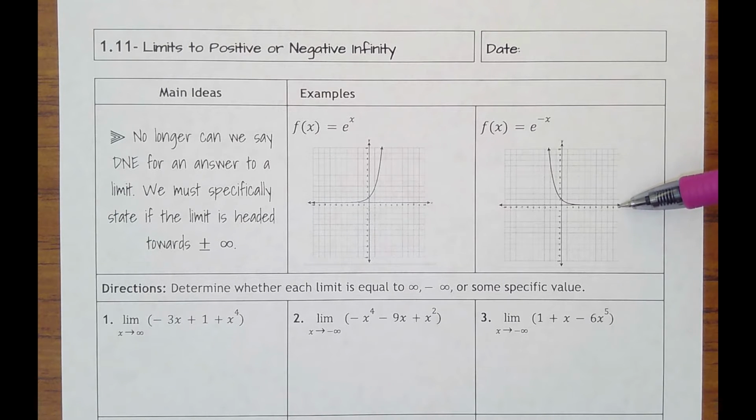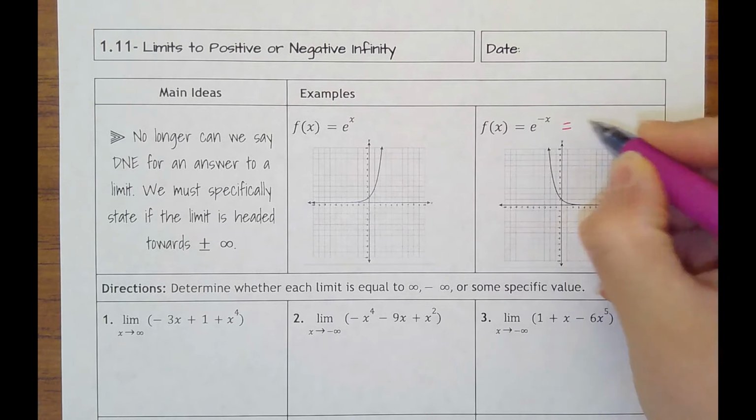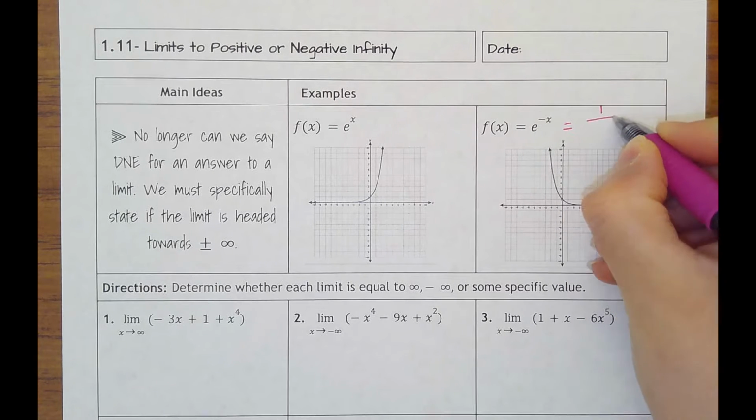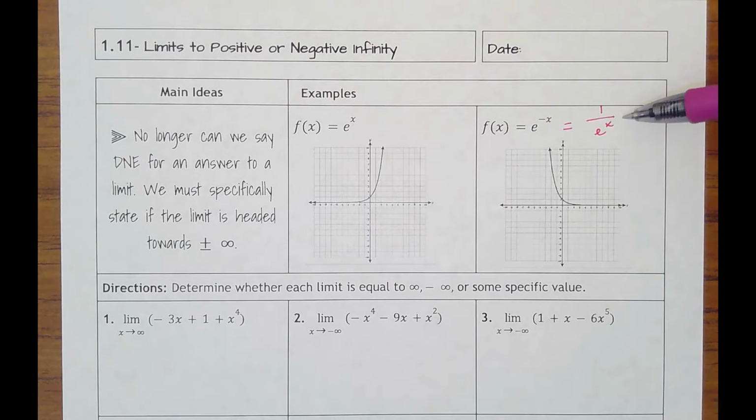So over time, what does it do? It approaches 0. I also want you to remember negative exponent rules, where if an exponent's got a negative, you flip it or sink it to the bottom. So I put 1 over e to the x. So it makes sense that as I put in a really, really big number for x, let's say 100, 2.7-ish to the 100th power is going to be huge. And when I take 1 divided by a really, really, really big number, it ends up getting closer to 0